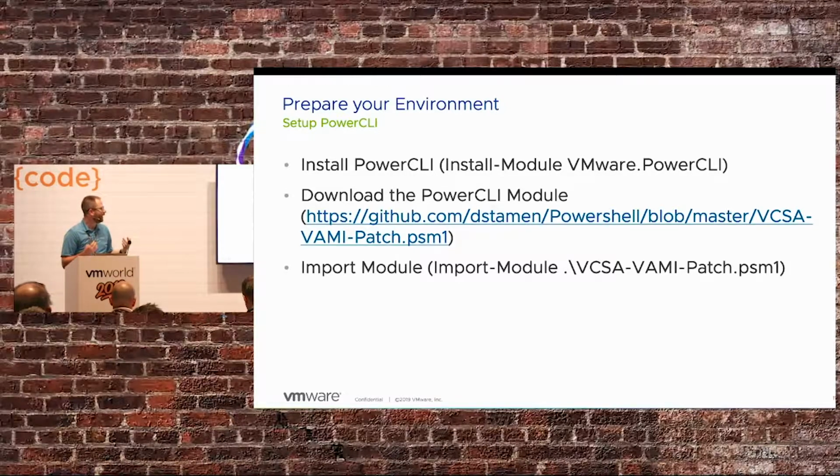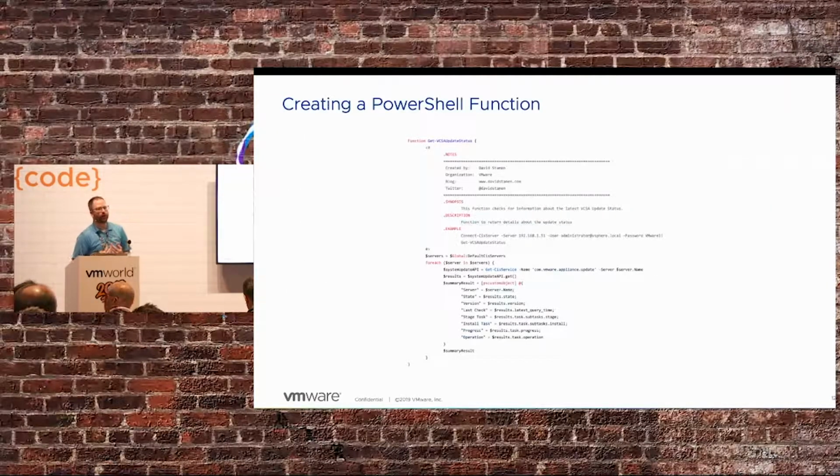So all the setup takes is just running Import-Module VCSA-VMEPatch, and at this point you'll be able to execute all of the cmdlets that are available. And at first I thought that creating this function would be really hard, but just like the community, a lot of stuff is always based on stuff that other people have done, and there's no real need to reinvent the wheel. So by looking at the previous REST calls that I was able to identify, I could see that all